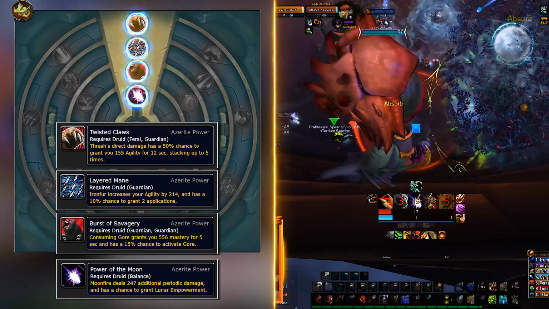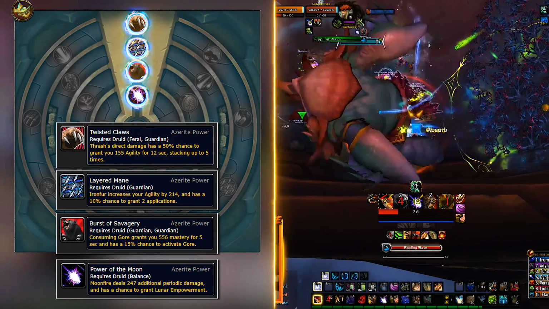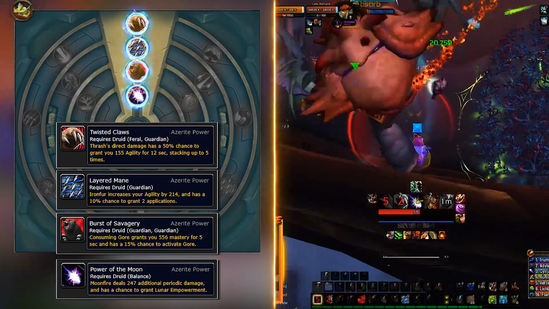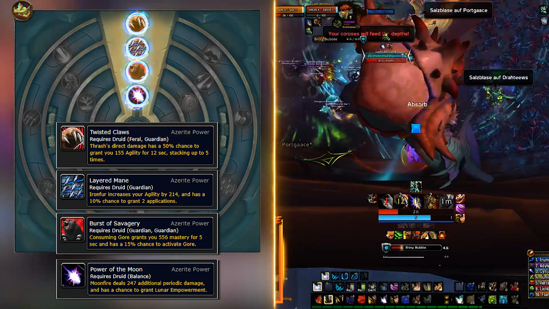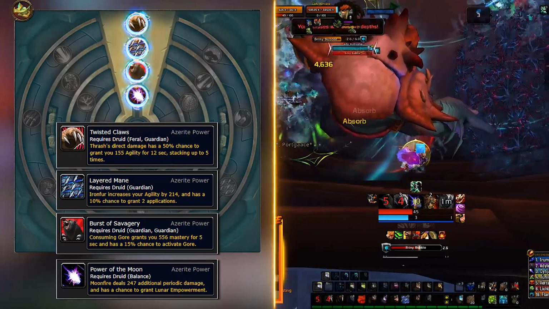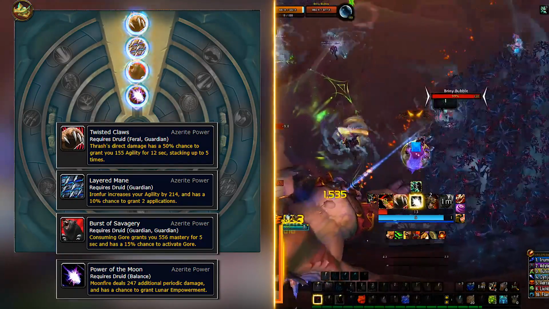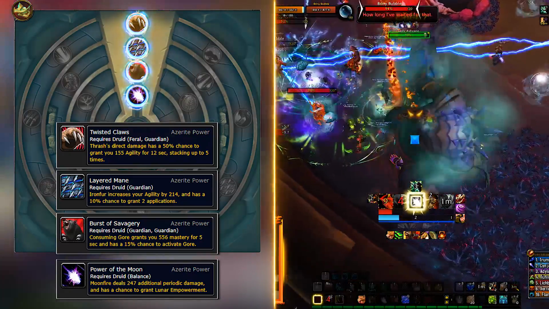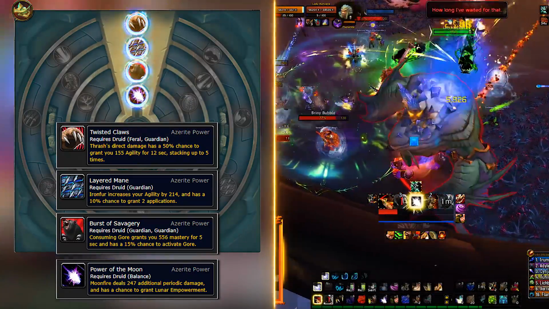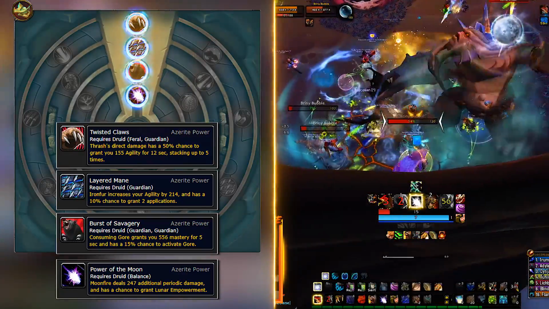One Layered Mane is amazing for the chance to get extra Iron Fur stacks, and one Burst of Savagery works wonders as well. The mastery component stacks, which you can work with, but the extra chance to proc Gore does not stack, which is what you want first of all. The last trait can be almost anything, either stack some of what I mentioned before, or play with one of the generic stat traits or Power of the Moon that you need to switch the balance for, so your Moonfires